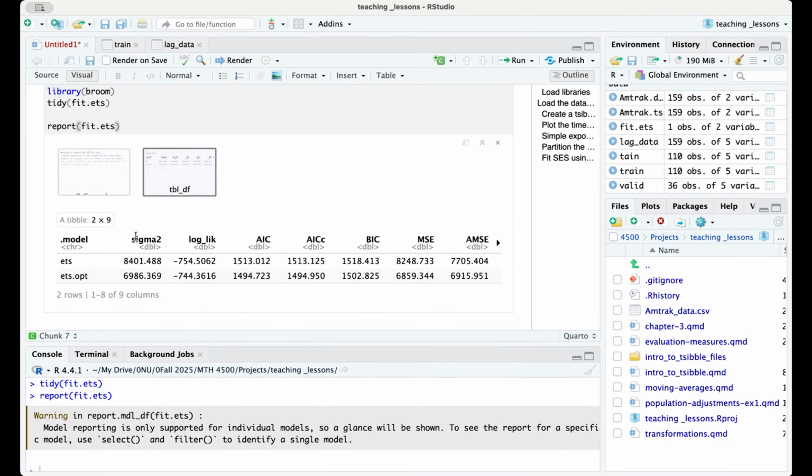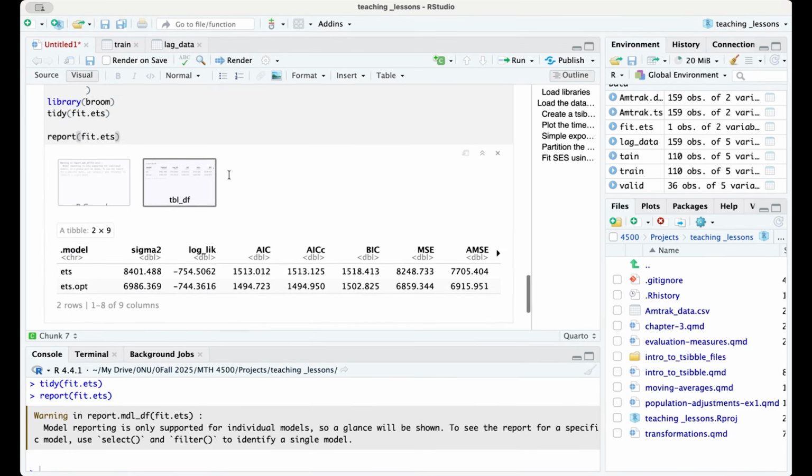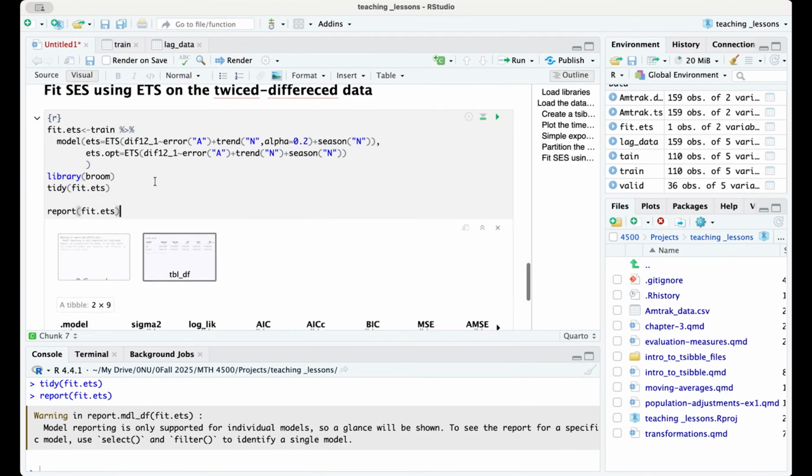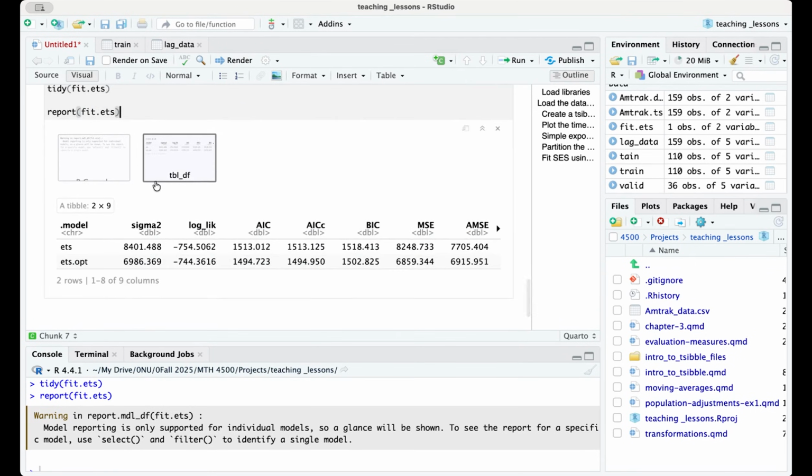So the ETS, if you look at the report, we have smaller values for the optimized. So we're looking for the MSE, AIC, AICc, all of these. If you look at them, generally speaking they have less errors. So less error, okay? So you have less error in terms of this sigma squared. So these are less error for the optimized model. So that's why the optimized, the automated one that has been done by the machine itself, probably gives better